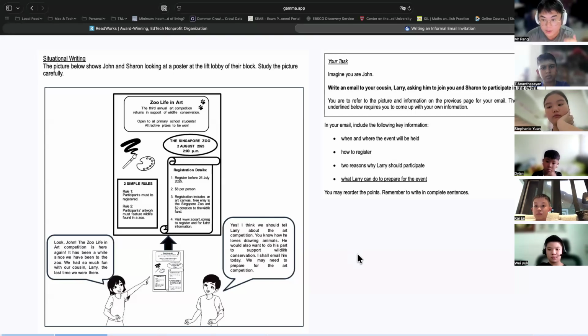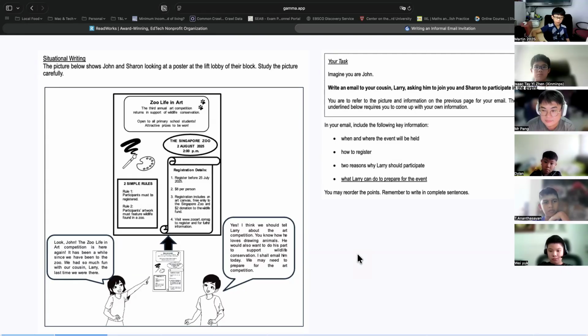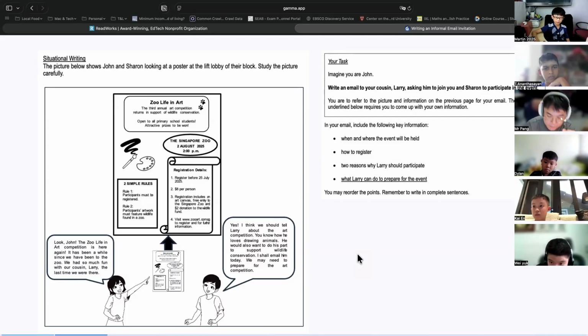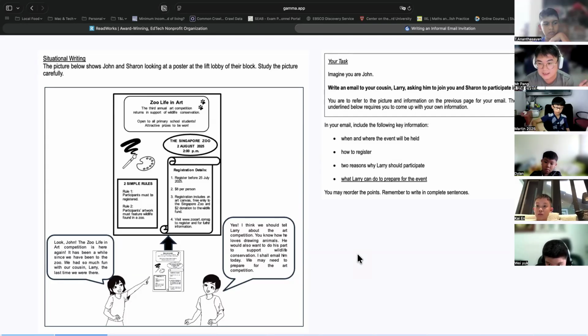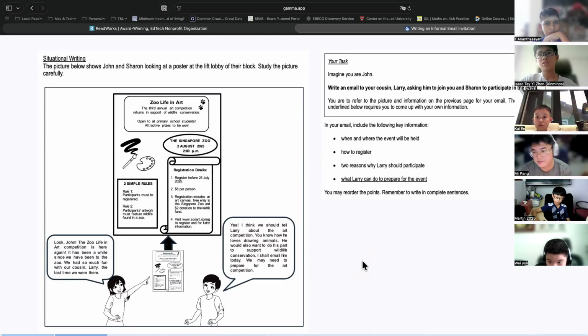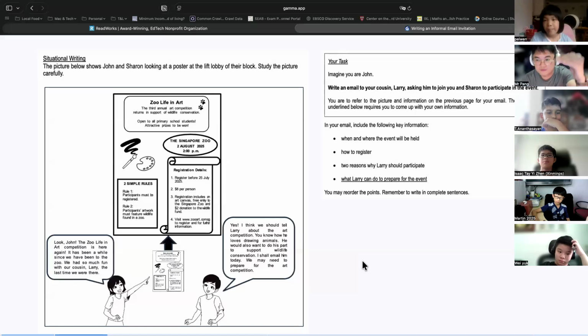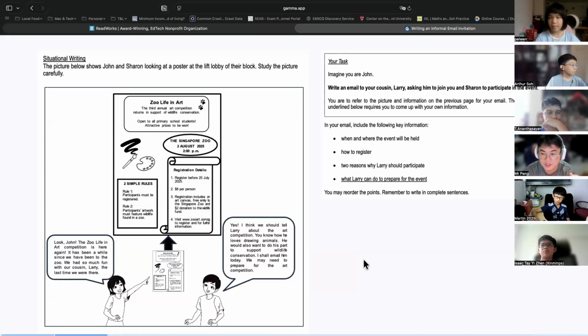So before I continue, what is the first thing that I need to write in the email? Anyone? What's the first element? Martin? The salutation. Nope. Even before that. Before the salutation. Isaac? Purpose statement. Nope, that's even after the salutation already. Before the purpose statement, before the salutation, above the salutation, what must appear first?